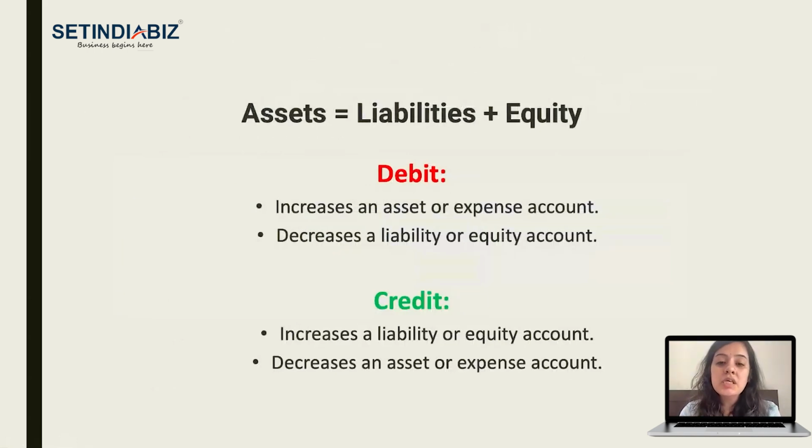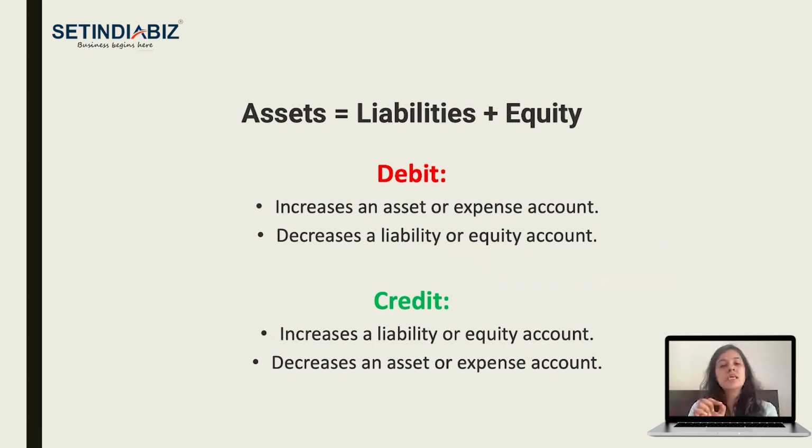A decrease in liability or equity will again lead to a debit. Credit means increasing a liability or equity and decreasing an asset or expense account. Now, I will give a basic example. If I am selling any furniture, that is an asset to the company. Furniture is being sold, so the asset is being decreased. My furniture is being reduced, right? This means decreasing of an asset. Whenever I'm selling furniture, whenever I'm selling an asset, it is a decrease of an asset, it will be credited,